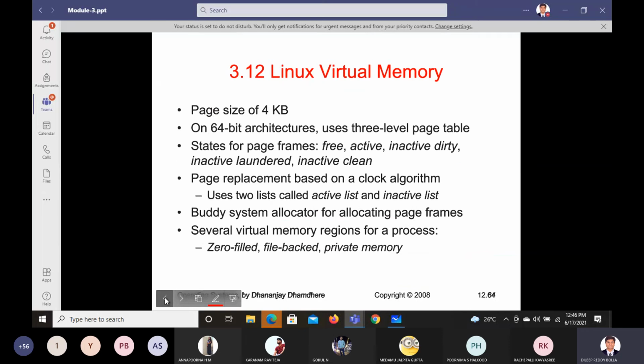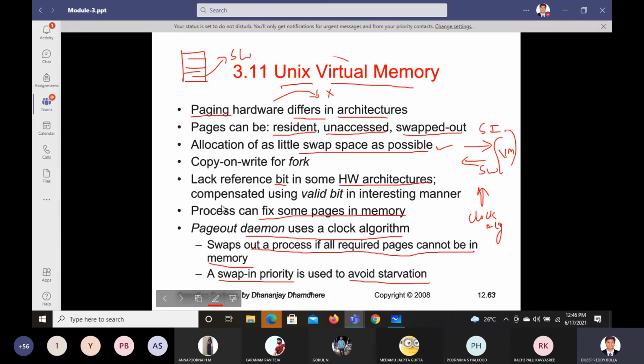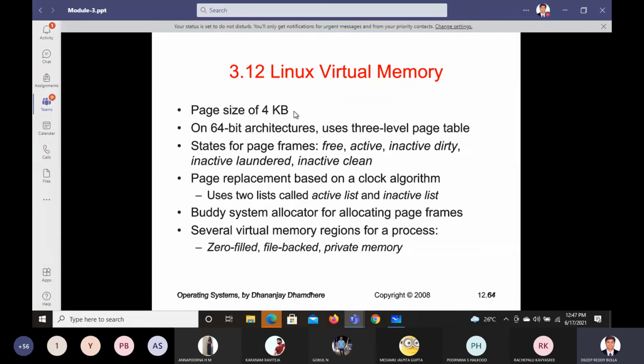In Linux, what we can understand is that the page size is 4K. A page size of 4K means 2 power 2 times 2 power 10, which gives 2 power 12 lines for that paging. So it will have 12 bits, which is 1, 2, 3, 4, 5, 6, 7, 8, 9, 10, 11, 12: 12 zeros up to 12 ones.